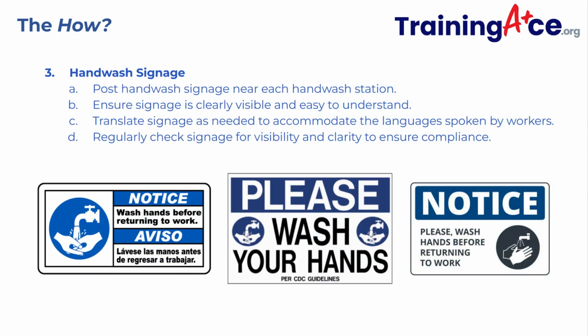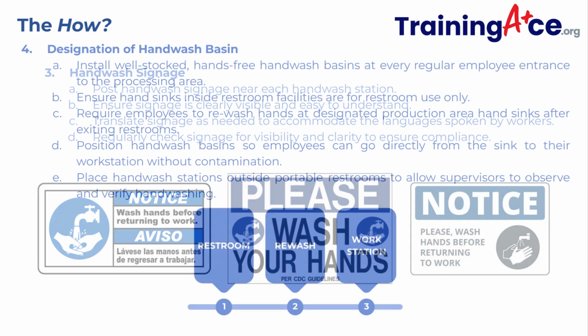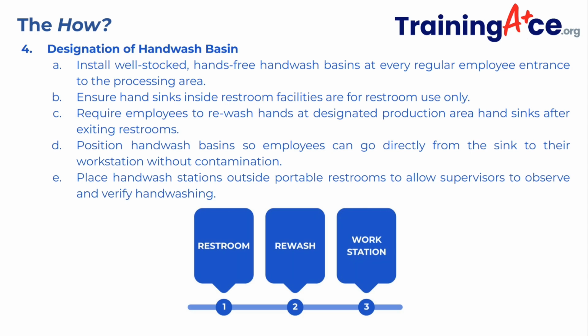To support those procedures, signage must be clear, visible, and multilingual. It's important to inspect signs regularly for placement, readability, and alignment with hygiene standards. Let's look further at how to ensure basins are properly designated. Hands-free basins should be available at all production entrances, and restroom sinks must not be used for re-entry into processing. Positioning should support workflow without risk of recontamination, and supervisors should be able to observe